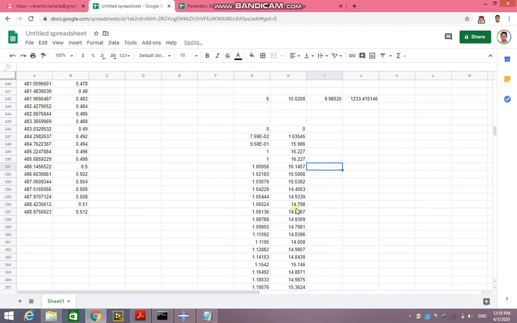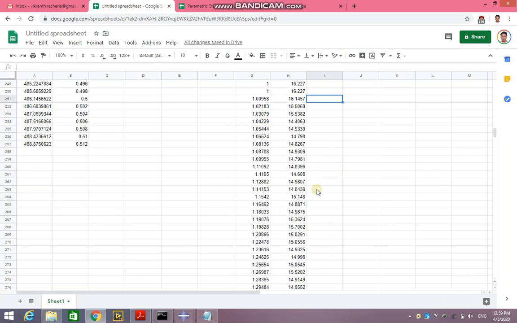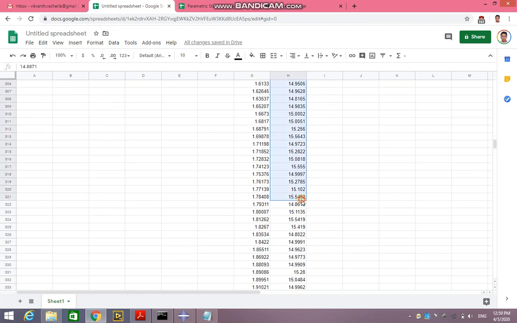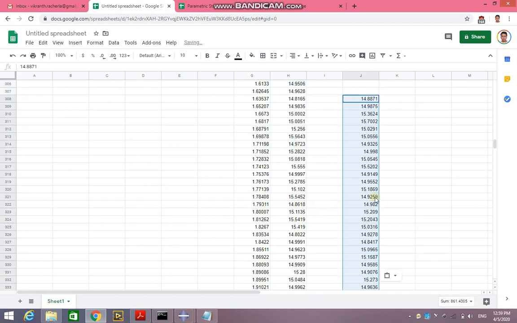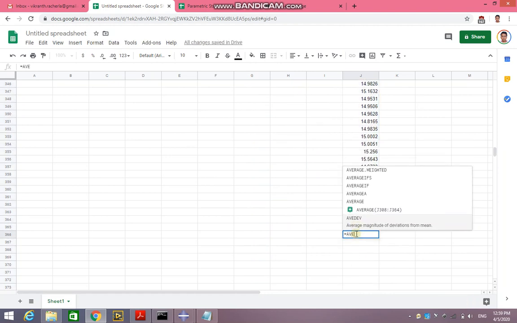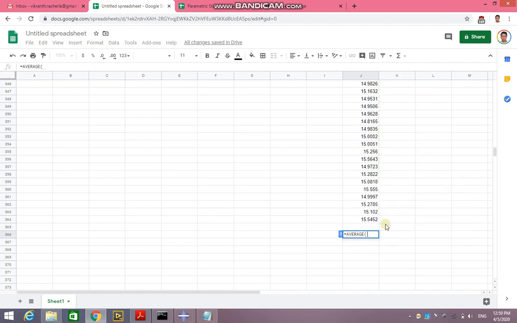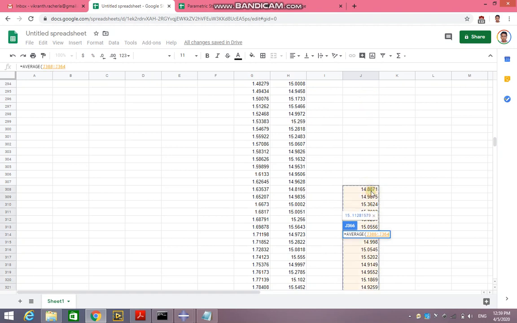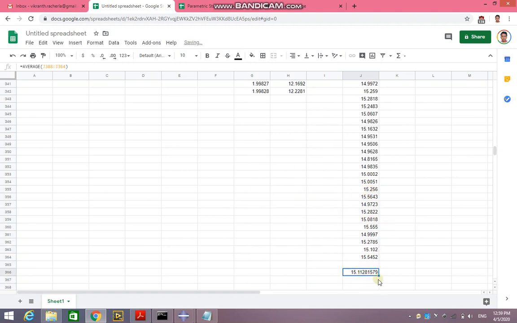Once I have copied it, what I can do then is go to step 2, and in step 2 I could pick some central portion, isolate it, and take the average of this whole thing. So you can see that the average force is 15.9